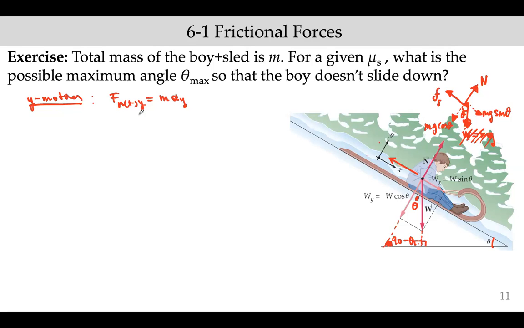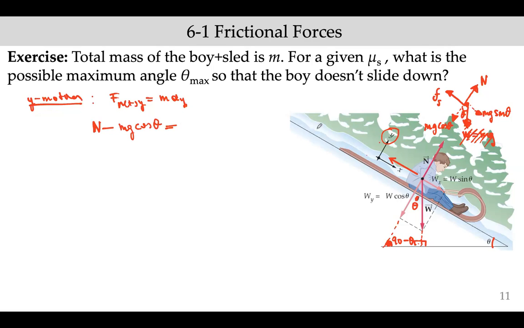So what is the net force in the y direction? Well, there is N and there is mg cosine theta. Which one is going to come with a positive and which one will come with a negative sign? Well, normal force will come with a positive sign because it's in the positive y direction. So this is going to be normal force. And mg cosine theta will come with a negative sign because it's in the negative y direction with respect to this coordinate system that we chose. So it's going to be negative mg cosine theta